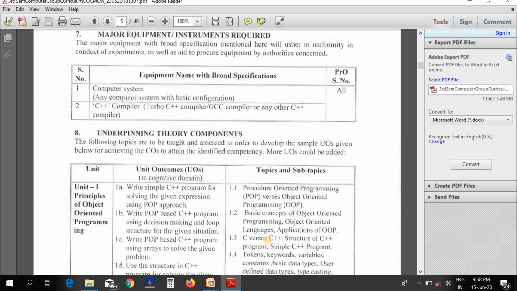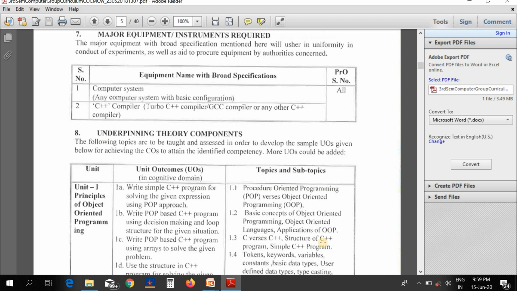Then next we will see C versus C++. C and C++ are both basic fundamental programming languages for developing any software, but there are some differences in structuring a C program and a C++ program. The next point is the structure of a C++ program.